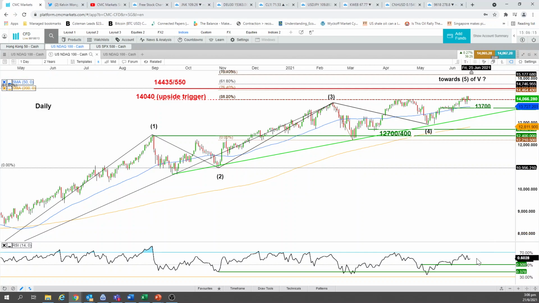RSI also pretty bullish on the daily chart over here, indicating to us that the medium term upside momentum still remains pretty much intact, holding above the key support of 50 level. Okay, the 50% level at this moment in time. So given the rather more bullish configuration seen in the Nasdaq 100 over to the SPX 500, that's giving the reason why over the SPX 500, I rather turn neutral first rather than outright bearish.